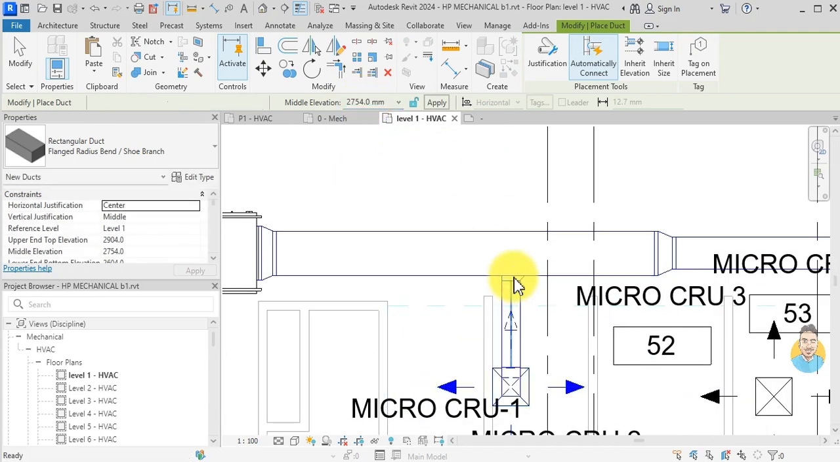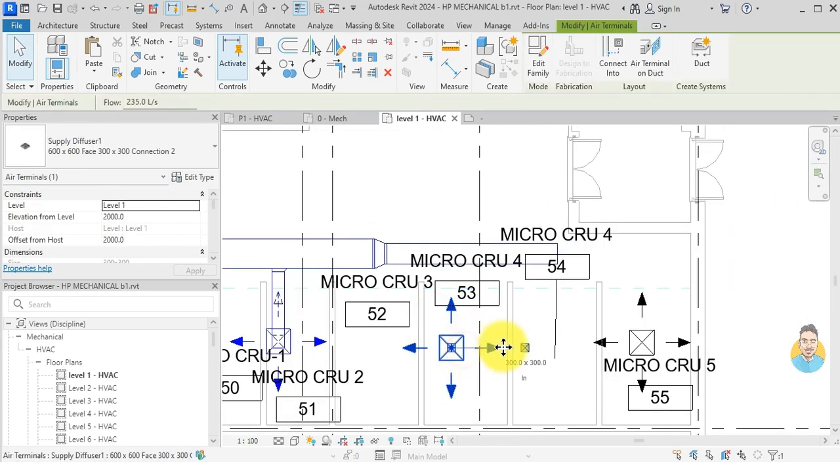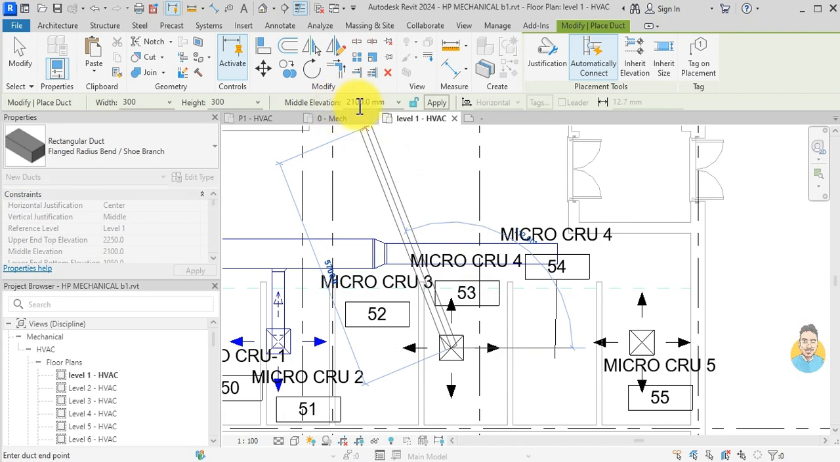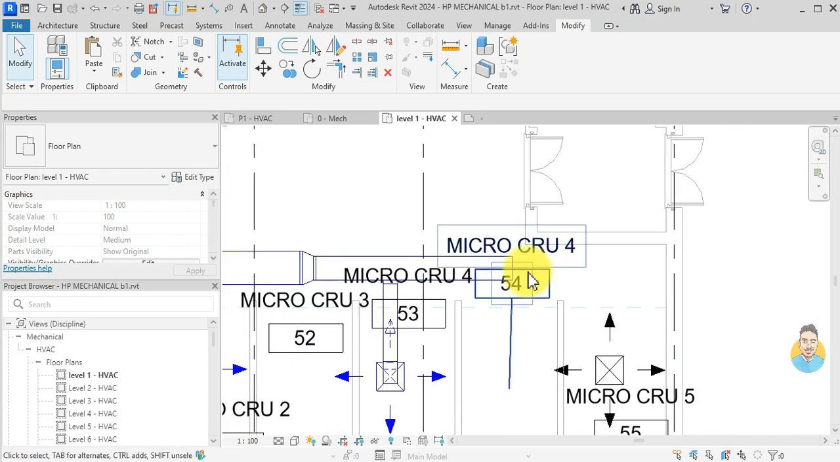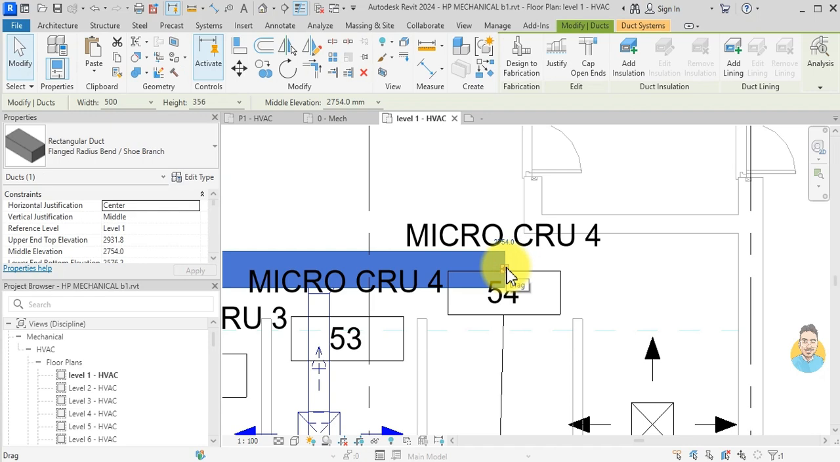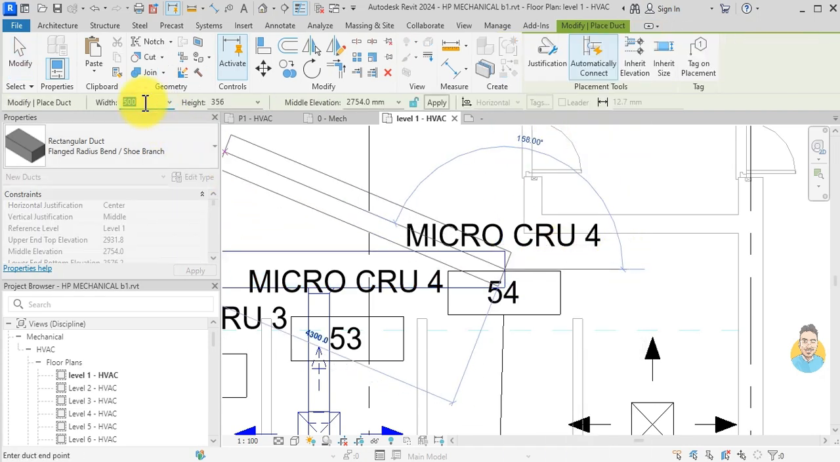I connect it on this one. Click here, give it the same middle elevation. Control V, connect it. And then from here, right click, and then draw duct. I make it 300 by 300